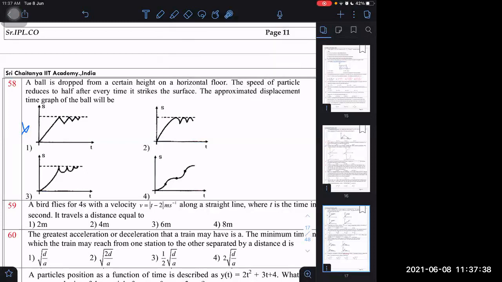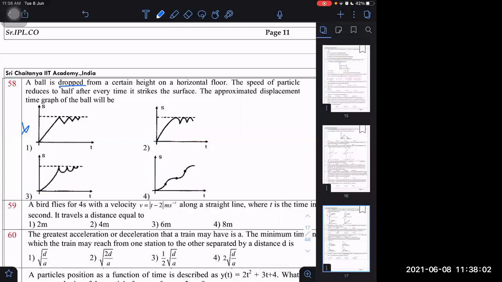Let us check now. At the end, the final velocity will be equal to 0, right? The final velocity is 0 in all of these cases. In none of the cases is the final velocity not 0. It is becoming 0 at last, attaining this value, this value, this value. From that we cannot tell. So first of all, the ball is dropped.